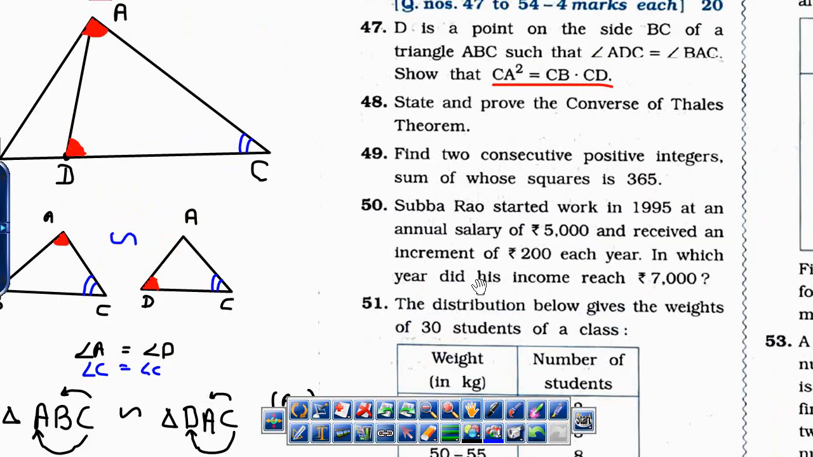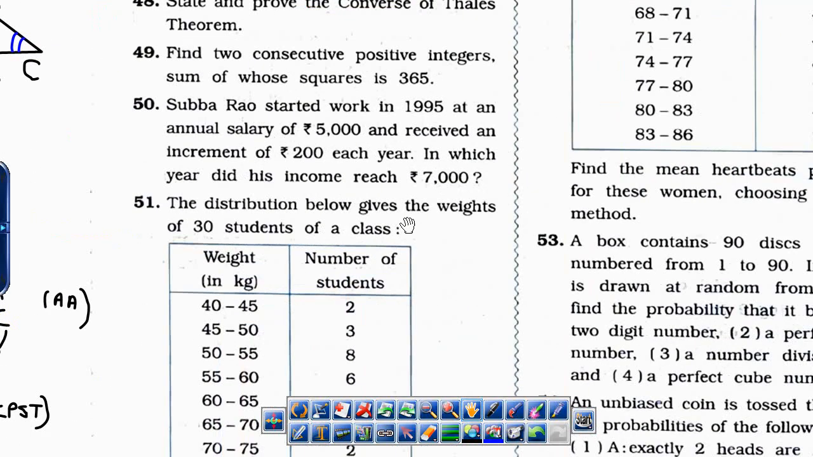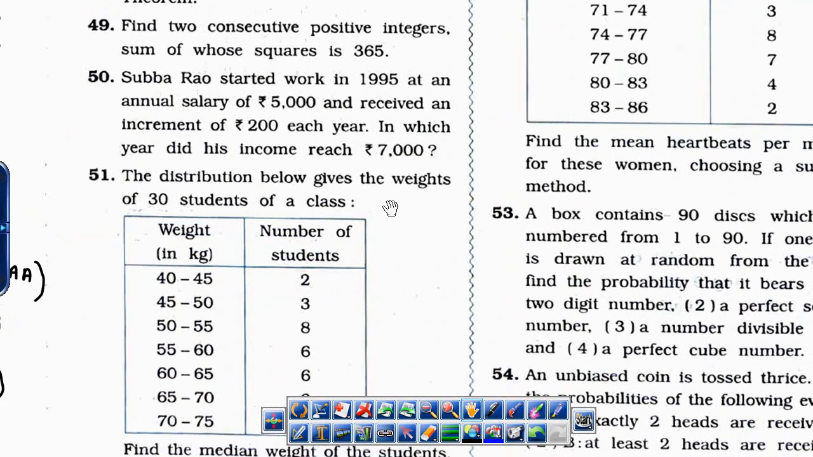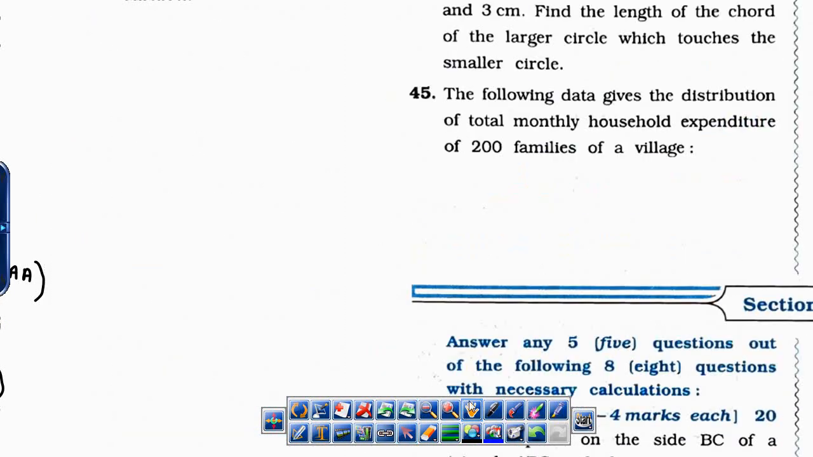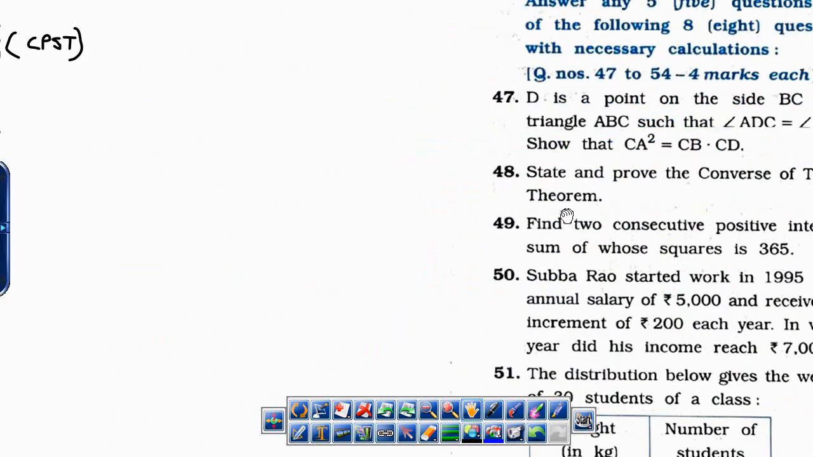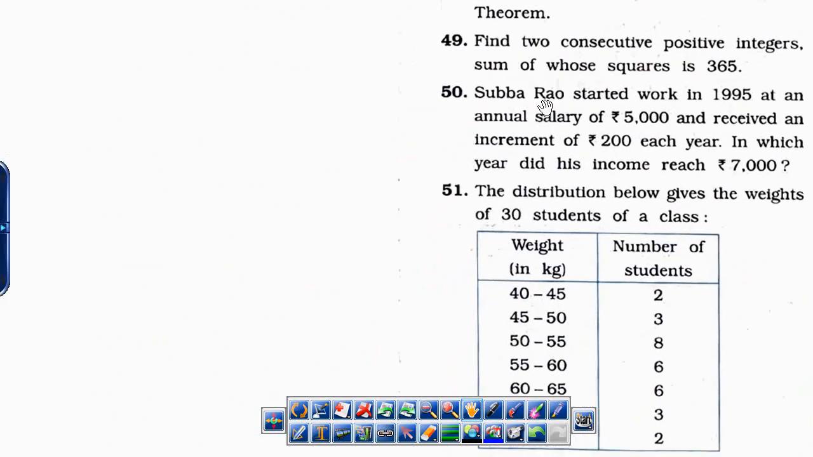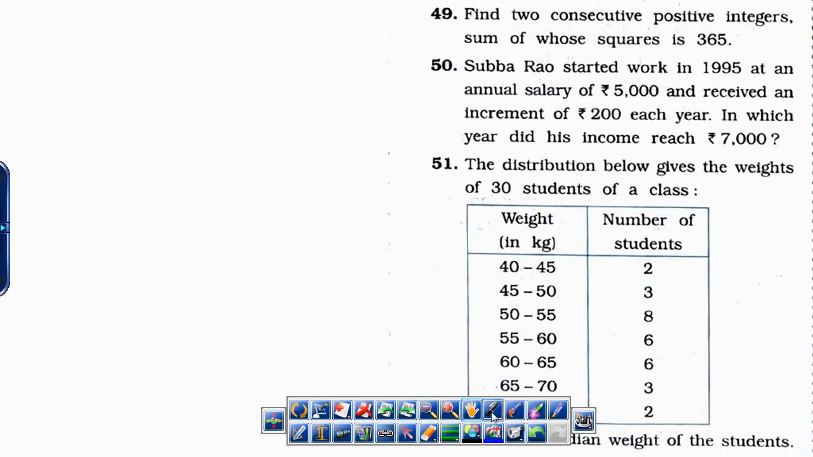Theorem will not touch here, textbook के अंदर सारे theorems है. State and prove the converse of Thales theorem, find it, write it and score full marks. 49th question, find two consecutive positive integers, sum of square 365. This is a textbook sum. Section D के maximum questions will come from textbook. मेरे हिसाब से तो section D सबसे easy होता है, because most of the sums are straightforward, obvious and from